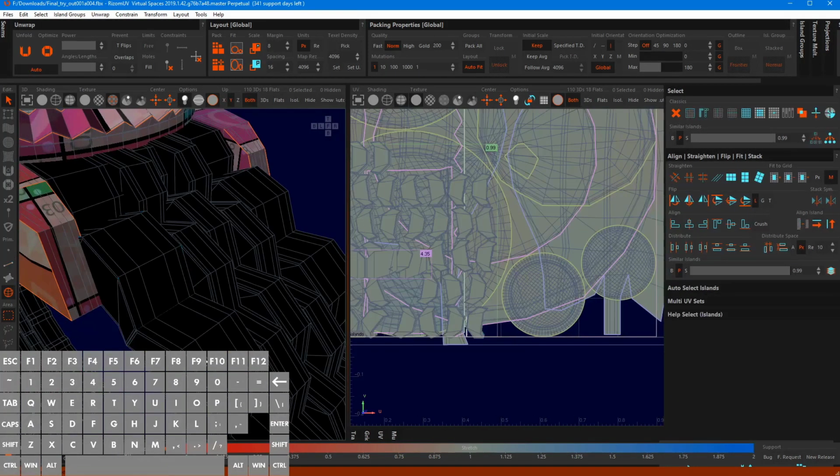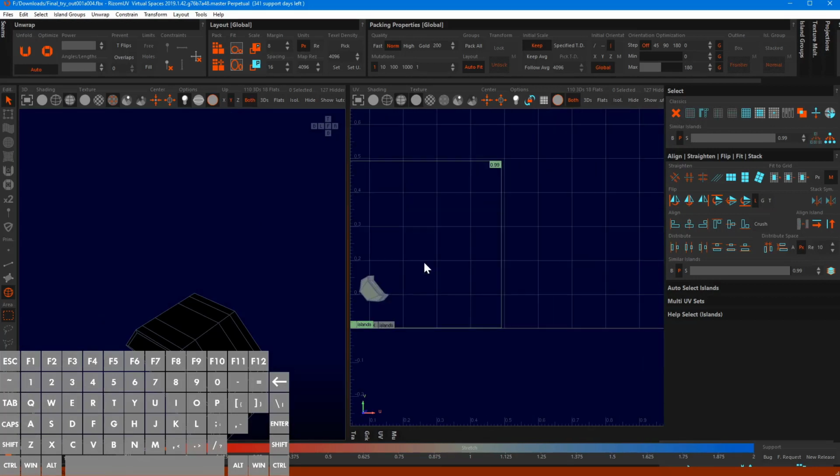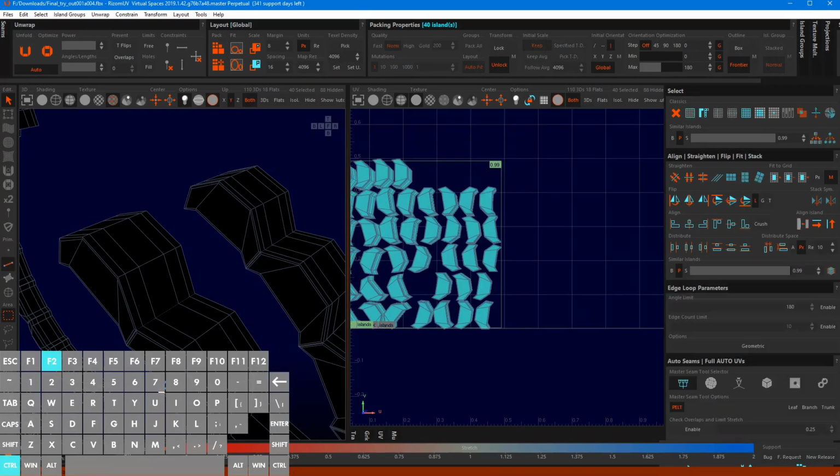I'm going to hit Y to bring back the rest, and then I'm going to hit F4, and I'm going to mouse over or select, Control M, and isolate. And for some reason it didn't do what I wanted it to. So let's try that again. Control M, see? Isolate, then hit F2,